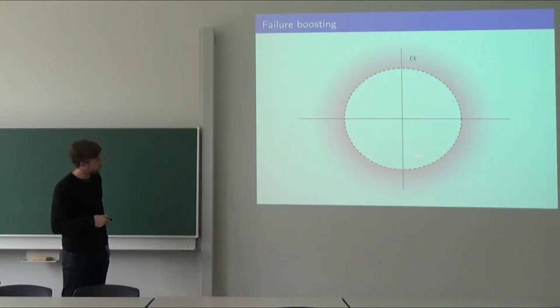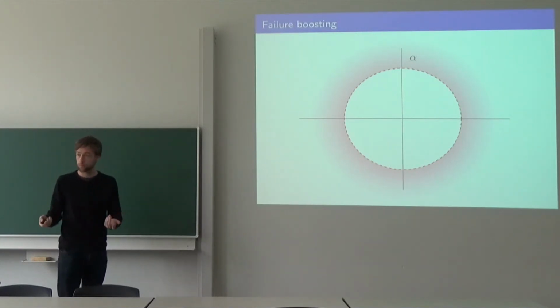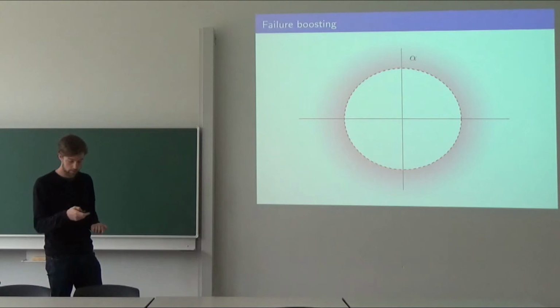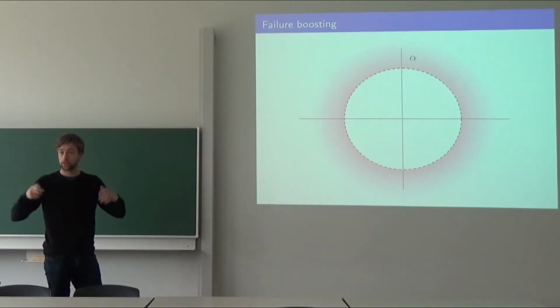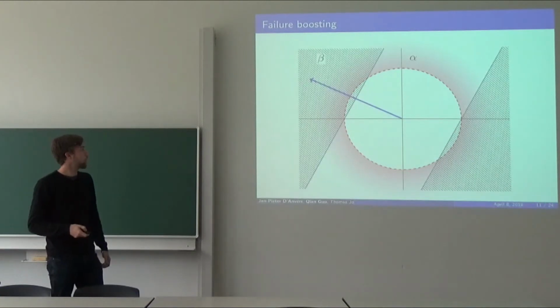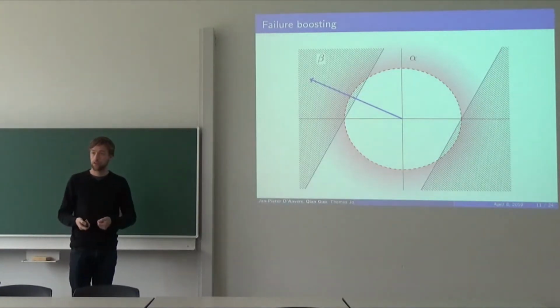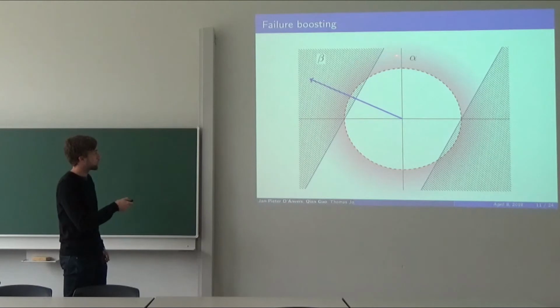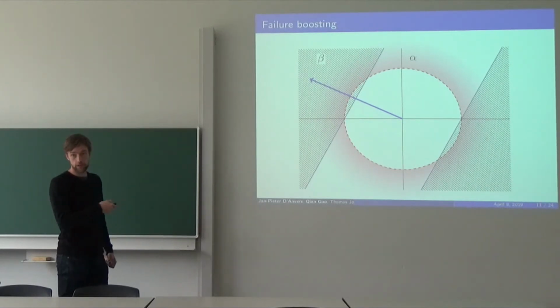So this is a circle of norm. We pick a given circle with a given radius, and we will only accept weak ciphertexts that are outside of this circle, that have a high norm. Okay? And this will happen with a probability alpha, based on how big the circle is, of course. Then plotting the previous on top of this, you will see that given a ciphertext that is outside of the circle, we actually have a higher failure probability, beta. Okay?